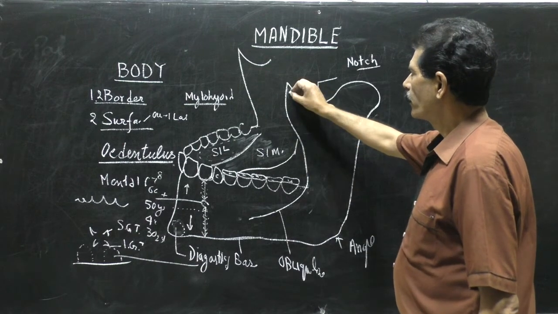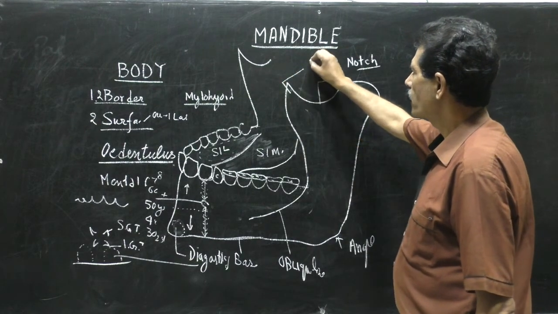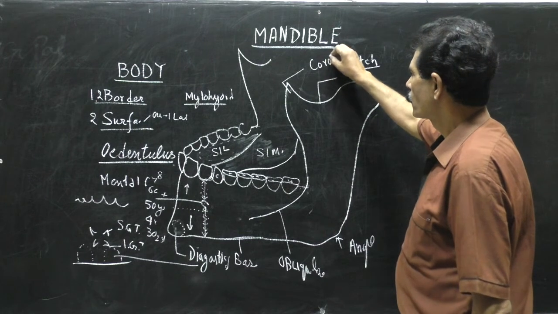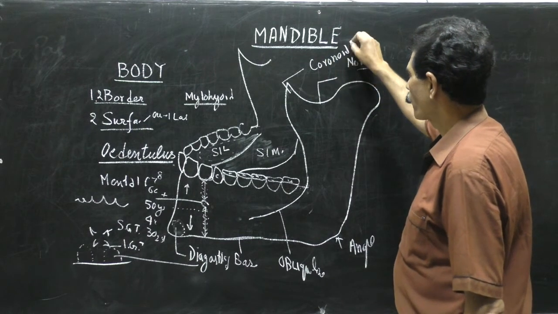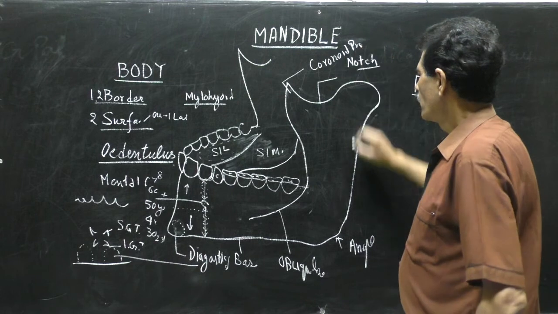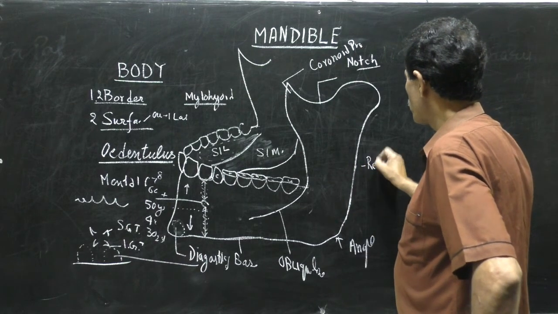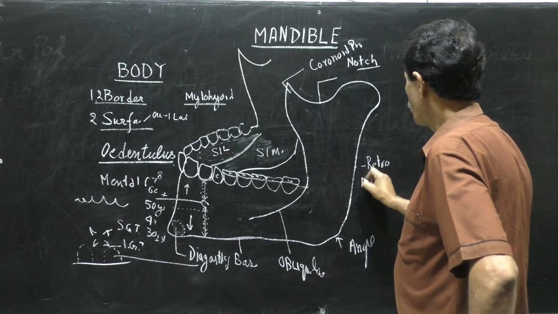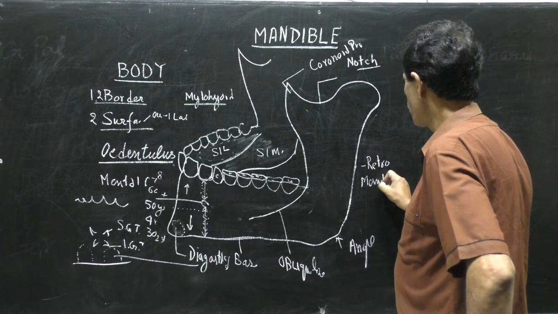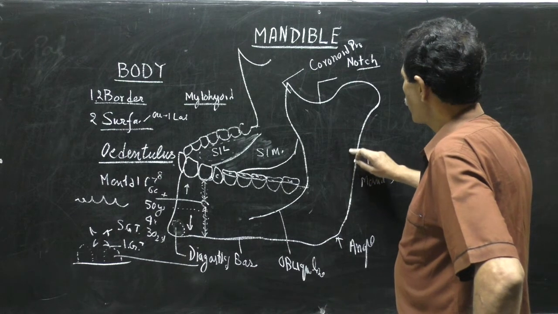And this bony pointed part is called the coronoid process. The posterior border, behind it lies the retromandibular space. And the posterior border, as we go up,